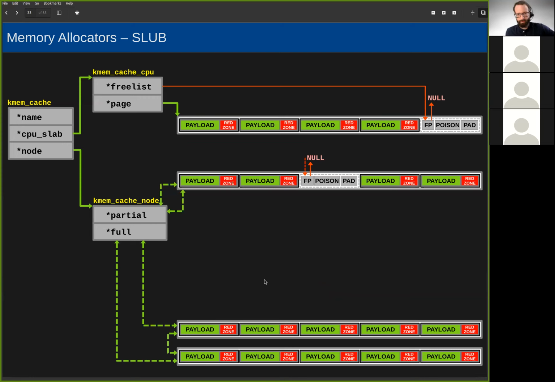So this is a partially used slab. And again, these are node-based lists, so all of the cores on the CPU can see these lists, right? And so this is like a pool. You could think of the partial list as a pool of slabs,